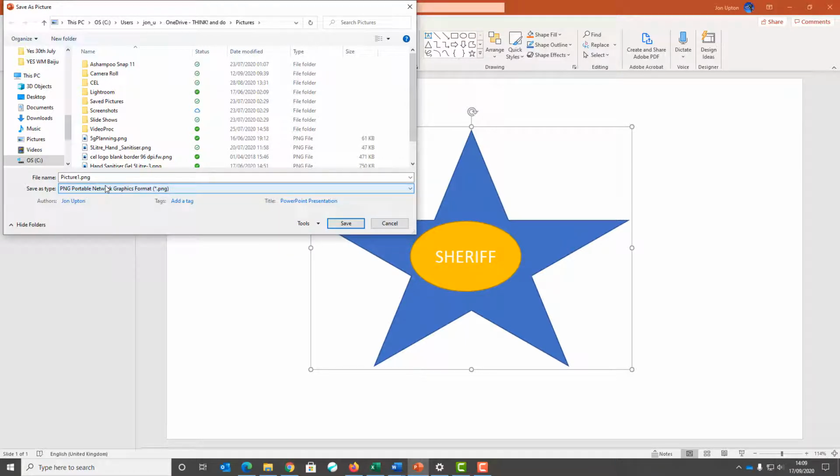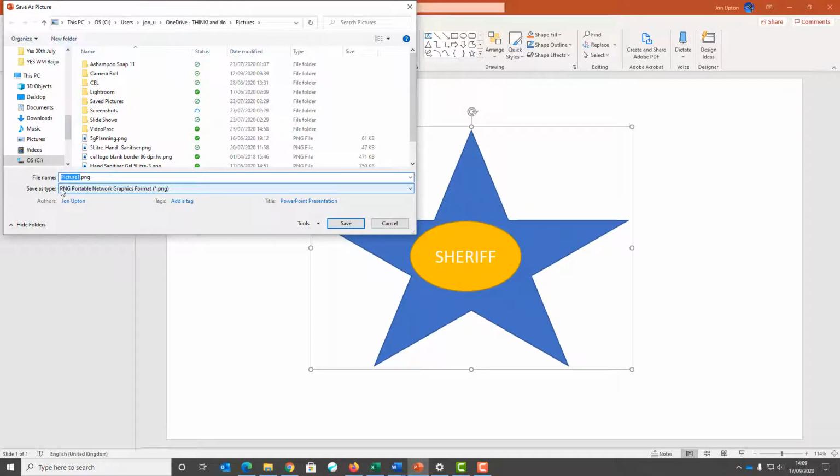Now the reason we're going to choose a PNG is that the sheriff's badge doesn't need the background, and the PNG in PowerPoint defaults to transparency, that magic word I couldn't remember in the week, and does not take the white background. So let's give it a name,